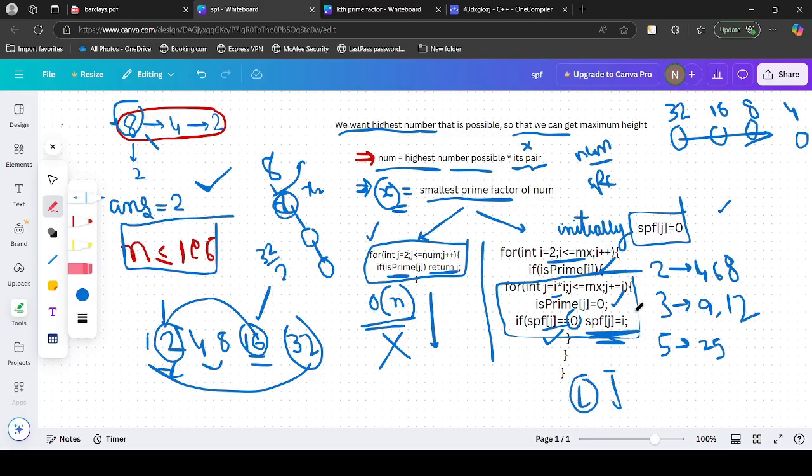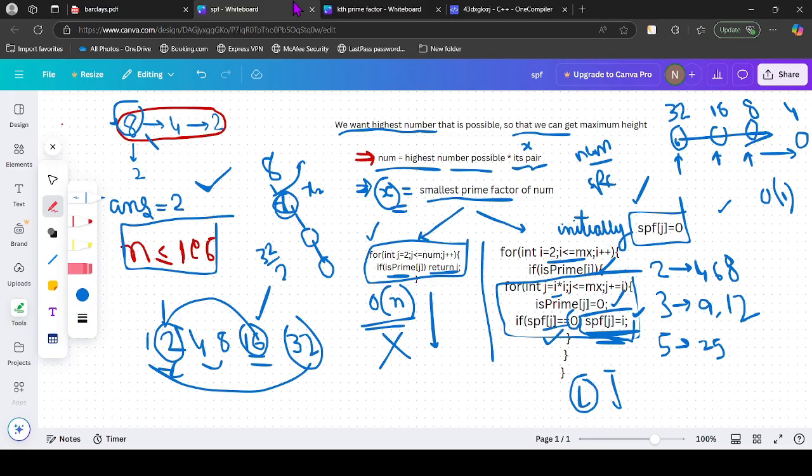So we can replace the smallest prime factor of j by i, so that it will not be replaced in the future iterations, and we got the smallest prime factor with just a small modification of the Sieve. In this way we can pre-compute SPF of all the values, and we can just use a loop and find from the starting number its smallest prime factor, and the next will be 32 divided by that number, and similarly the smallest prime factor of this, and divide to get the next number, and so on. So we can get this in O(1) as we have pre-computed